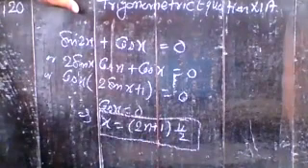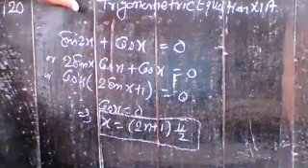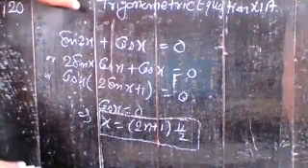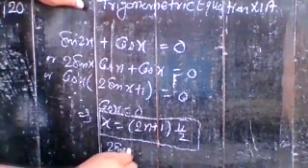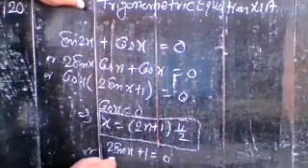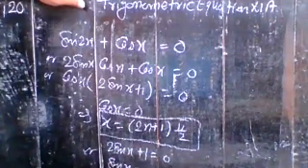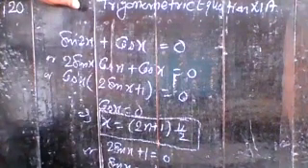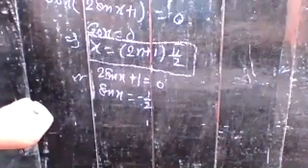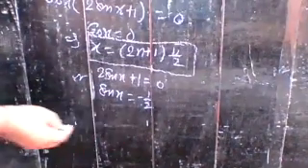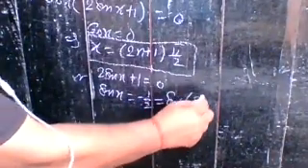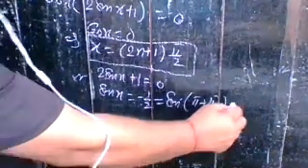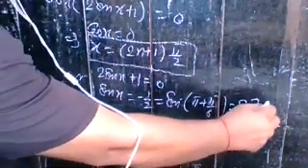If cos x is 0, you have x equal to (2n+1)π/2. In the same way, if your second factor is 0, 2 sin x + 1 = 0, so sin x is equal to minus 1/2. Sin x is equal to minus 1/2. Understand? And sin x is negative in the third quadrant, and 1/2 is the value of sin π/6. So you can write sin(π + π/6), which is sin 7π/6.